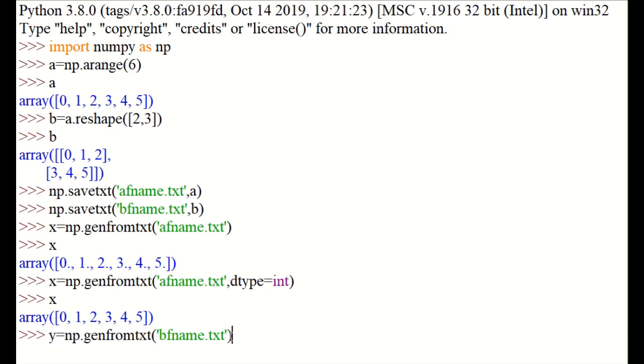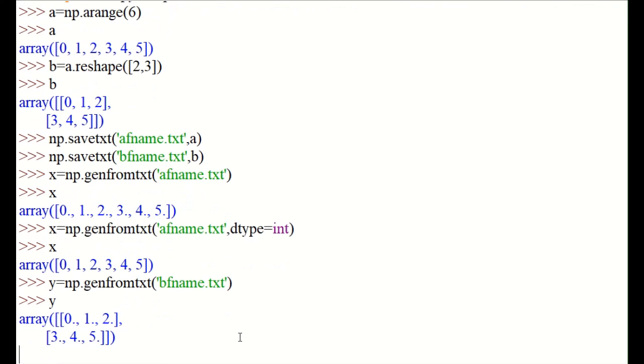You can give the file name according to your taste, it doesn't matter. So we have recalled y, and you can see that we have generated b as before. The only change is in the data type. By default, as we already explained, the data type will be float, but you can change it according to your wish.